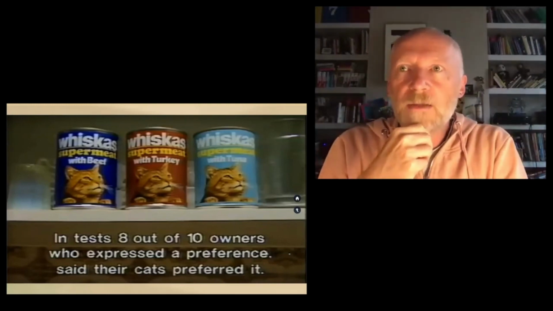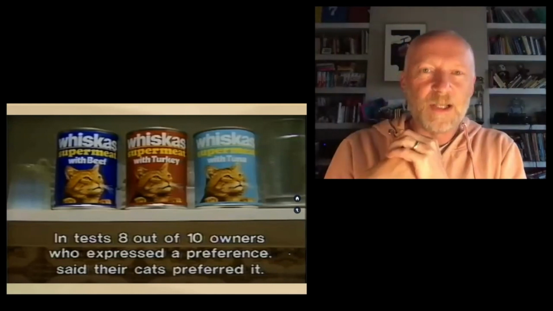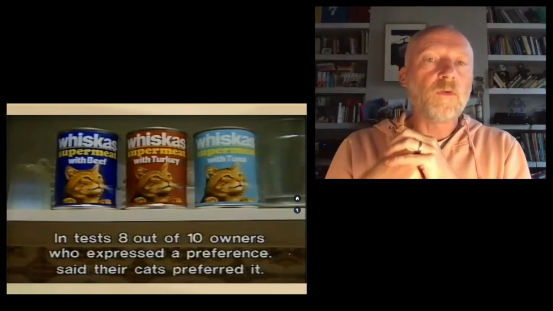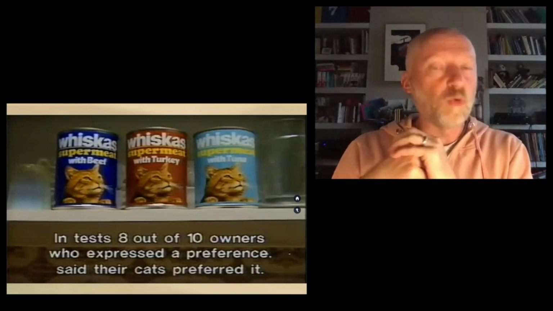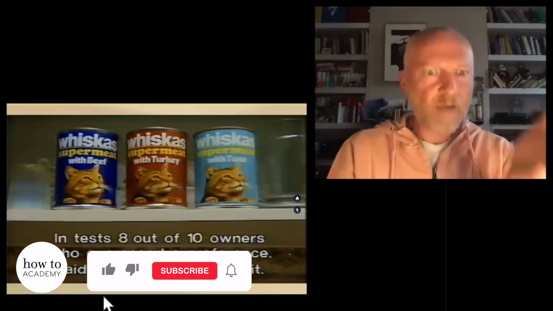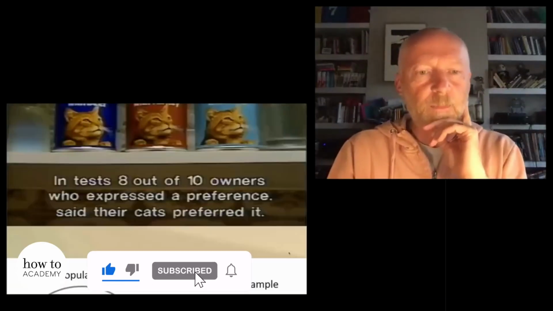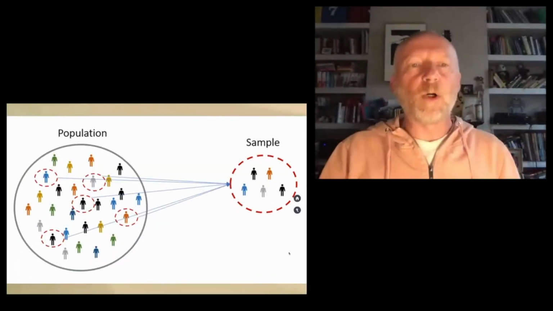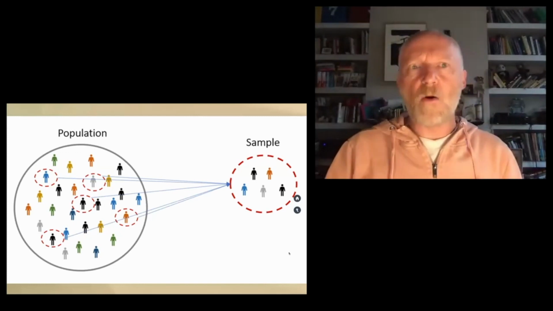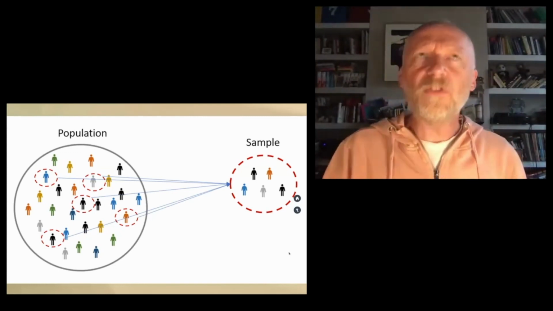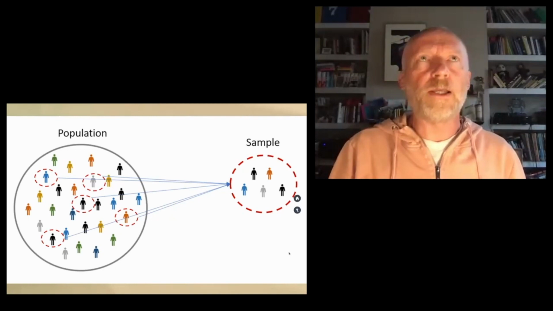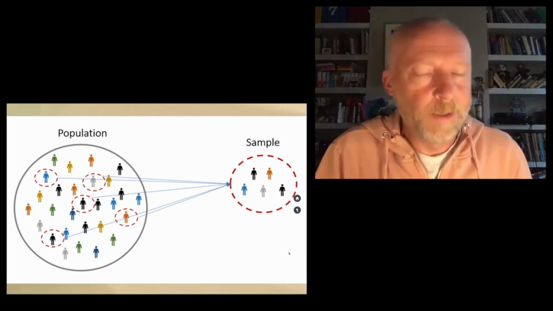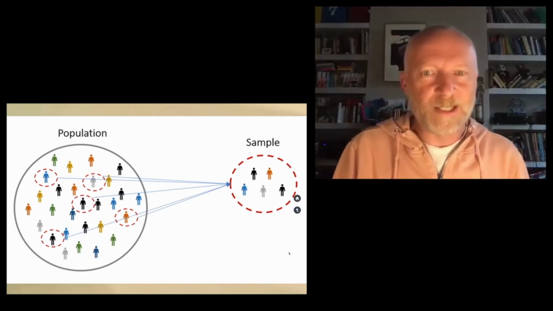And when it came to university and I started to learn some of these tools of data analysis, I was quite shocked to find out that you don't really need to ask that many cats to have confidence in that kind of claim. So this is the point. You've got a population of cats or people, and you want to have some idea about their preferences, for example. What size of sample do I need to be sure that I can make a claim like 8 out of 10 cats prefer Whiskers?